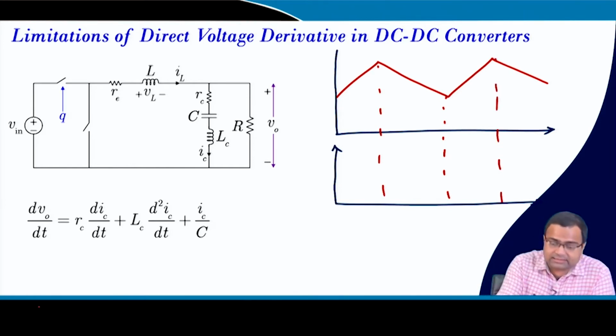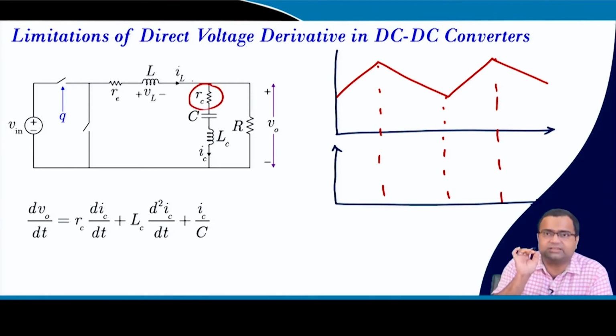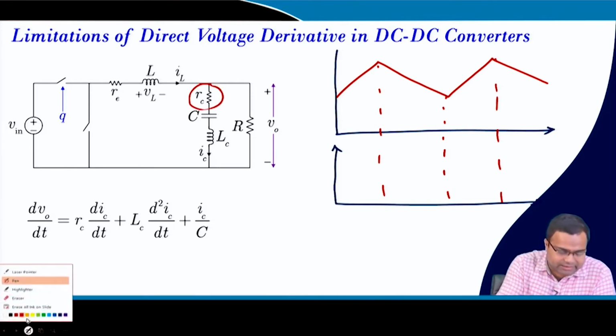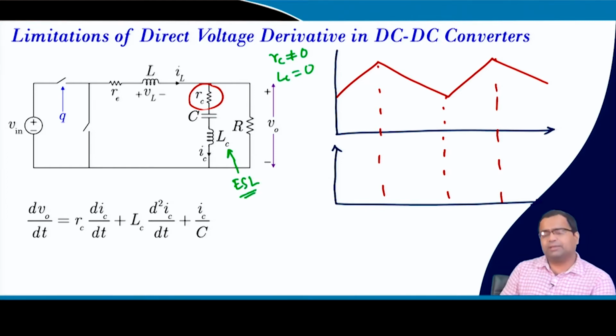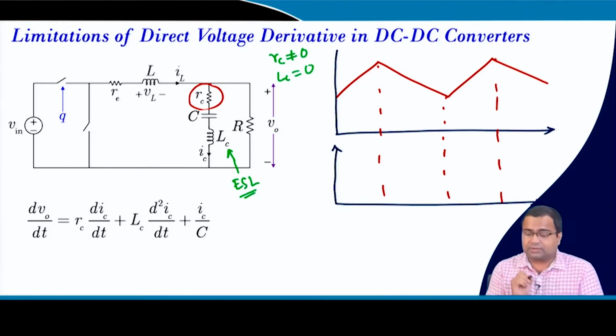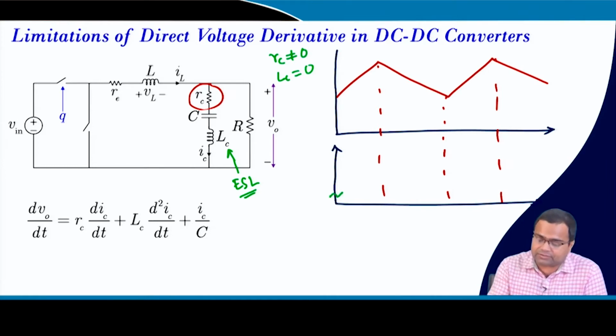Since there is an ESR, first consider the effect due to ESR. Suppose RC is not equal to 0, but LC equals 0. We call this LC an ESL, effective series inductance. If we take that to be 0, then how does the ripple look like? So, this is my voltage. It will look something similar to the current profile,